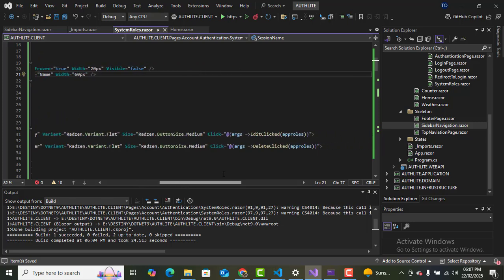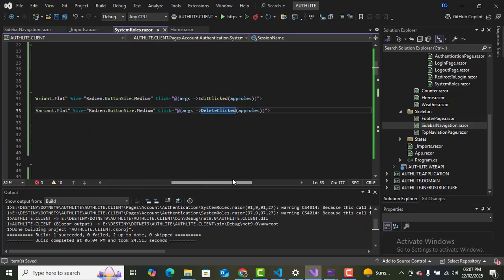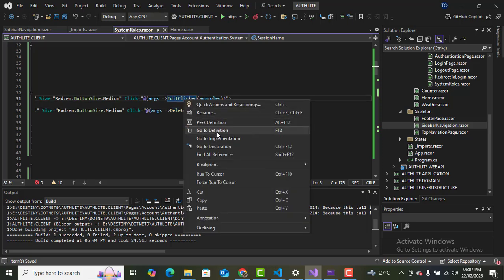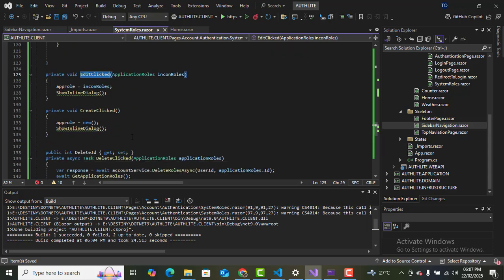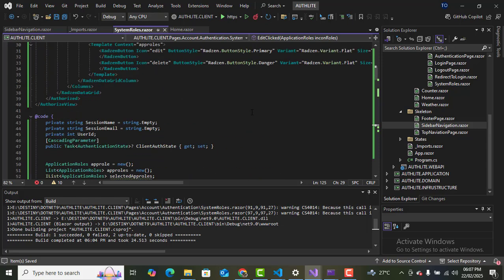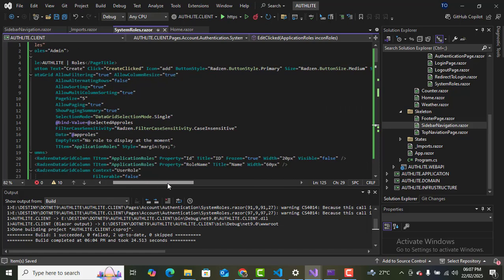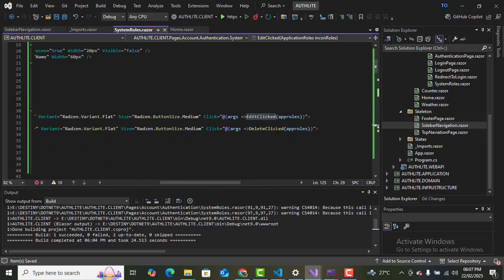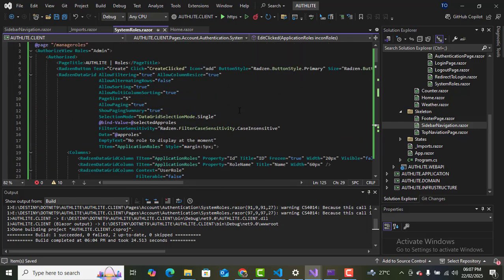So you can see the edit and delete, they are calling the edit and the delete function, the ones that we wrote down here. So you can see here, if you go to the definition, it is calling the edit where you pass the model selected, and for create it will create just the one, and then for delete again it will pass the ID. Yeah, so that is it. And this is the same way that the users will look, because they are pretty much the same. So edit, delete. So you can see. So with this, let's save and